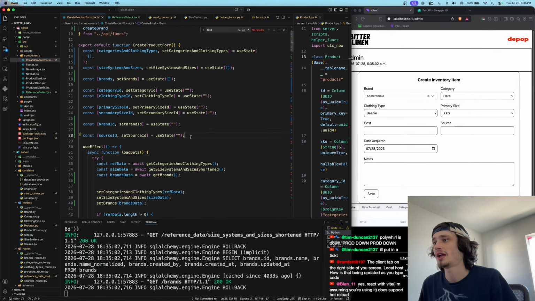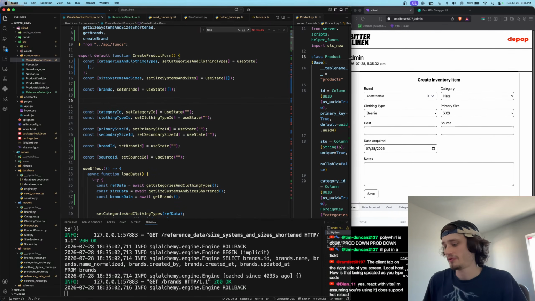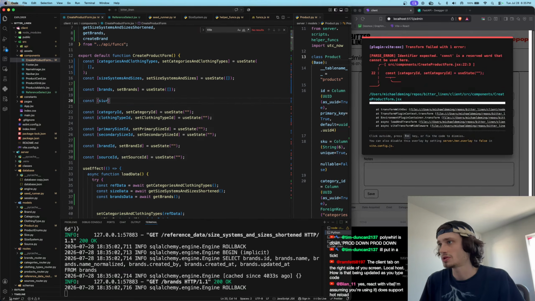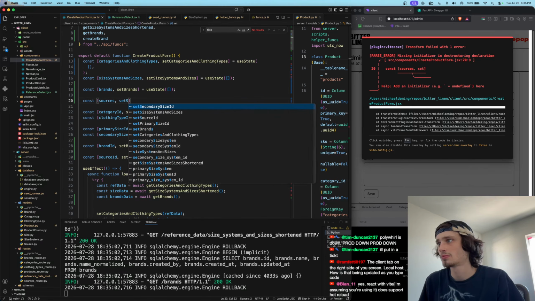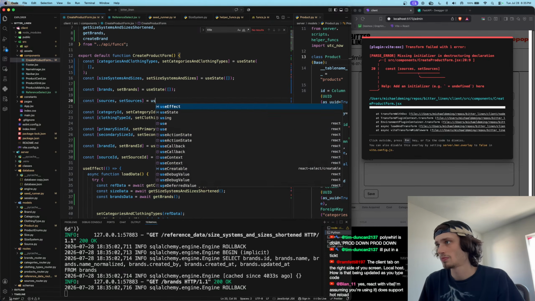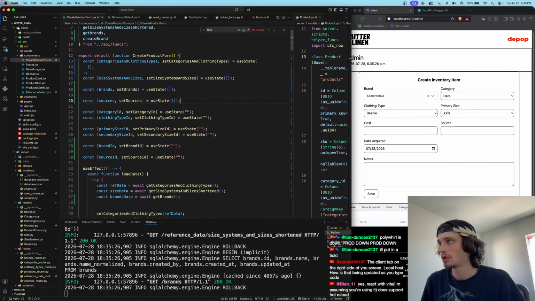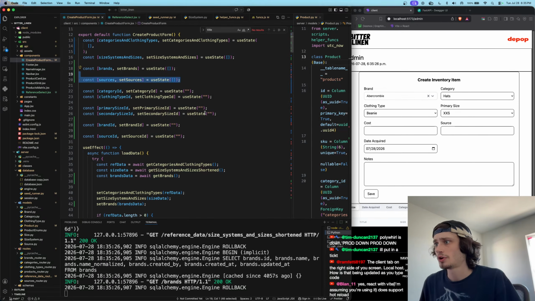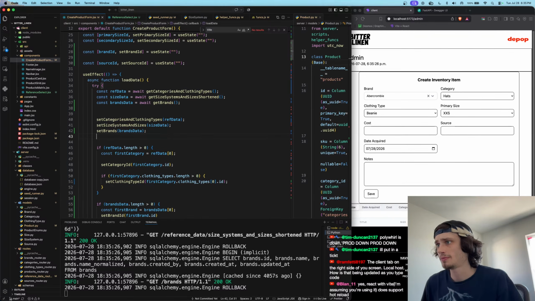So we're gonna use state for the source ID, and we need a value for the sources list that will pull from our API. All right. So now that we have sources, what we need to do is we have here